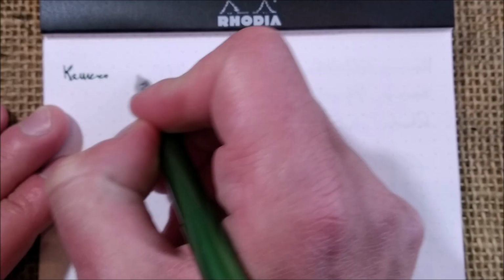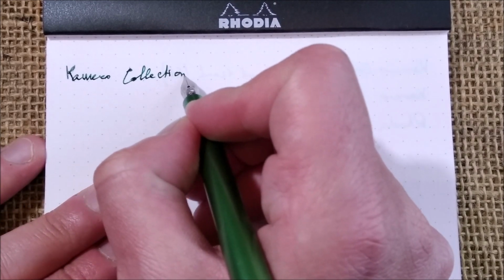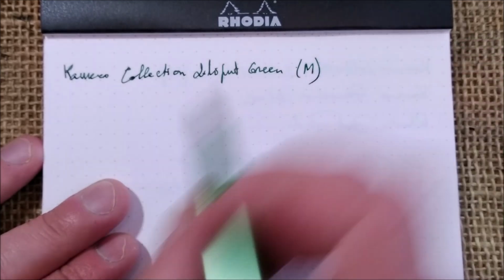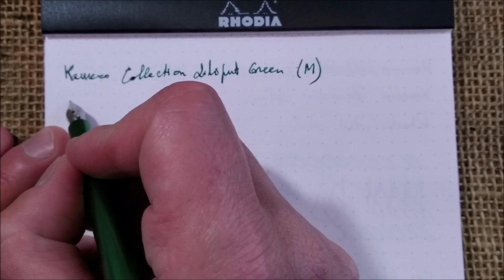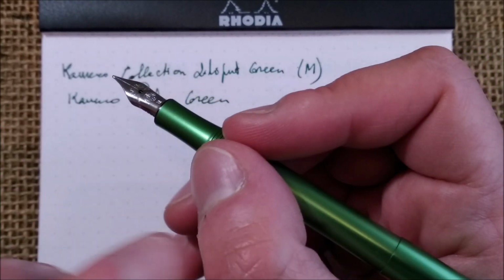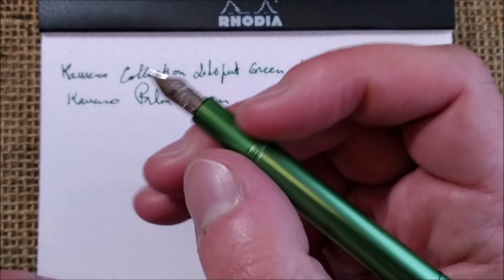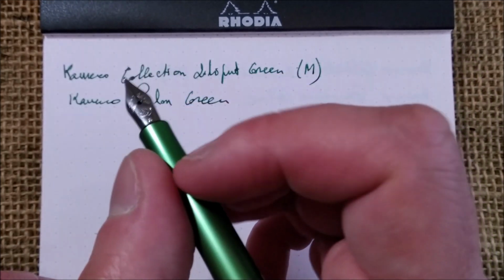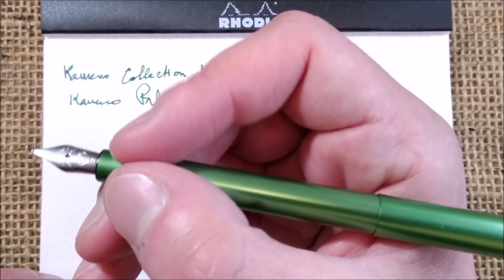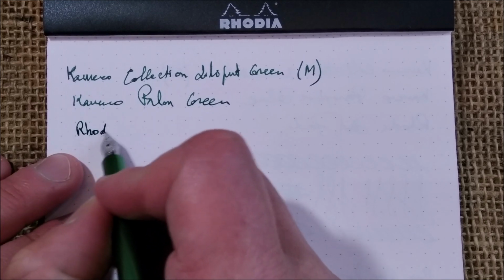This is the Kaweco Collection Liliput Green with a medium steel nib. The ink that I am using is Kaweco Palm Green. I like to hold the pen a little higher, sometimes on the threads. The threads may seem a little bit on the sharper side, but they don't really hurt your fingers, and I prefer to hold pens sometimes where I find some kind of different texture. So I tend to use the pen like this, not on the section but a little bit higher. The paper that I'm using is the usual Rhodia